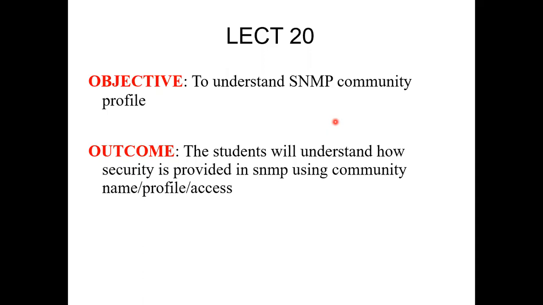So there we have all the encryption, decryption, okay, user authentication, authorization, like what we currently do in mail, how I give the username, then password, and right now there is 2-level, 3-level security. Okay, so that is all present in my version 3, but that does not mean security is absent. Okay, in version 1 and 2, it is there by using community profile. So we will understand. It's a very simple concept, but that way the security was incorporated into the SNMP.